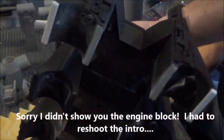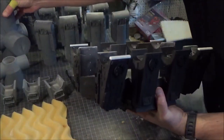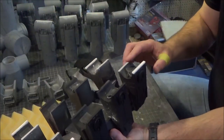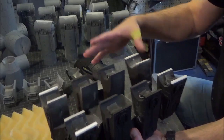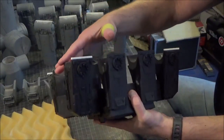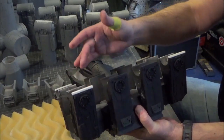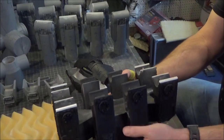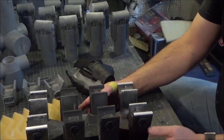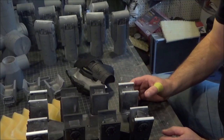Okay, so I showed you the engine block from a far away shot, but that's pretty self-explanatory. The only issue with this is that there was a problem with the masters where the corner engine mounts were cast upside down, and there's this guy Ray Lawson who's building this, and he had noted this. I would not have seen it until I actually mounted the engines, which I didn't do yet, so I found